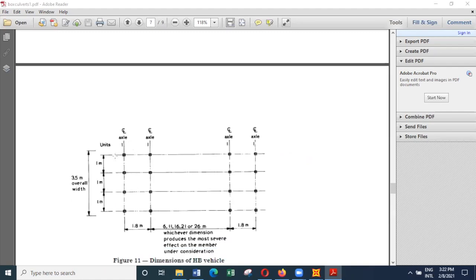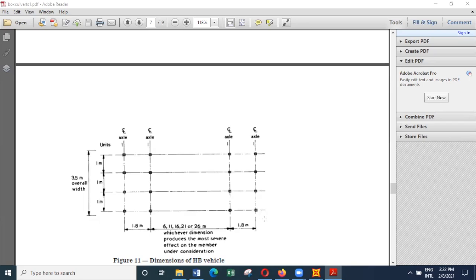One unit of B-type loading is 1 ton per axle. So it is 1 ton, another 1 ton, so altogether 4 tons. One HB unit means 4 tons. So generally the bridges are designed for 30 units of HB or 45 units of HB depending on the type of road. All the main roads, the